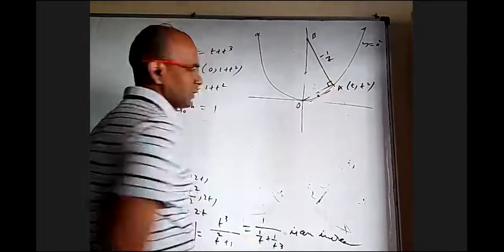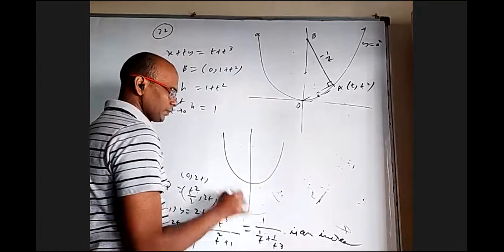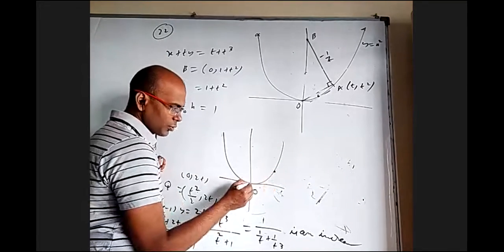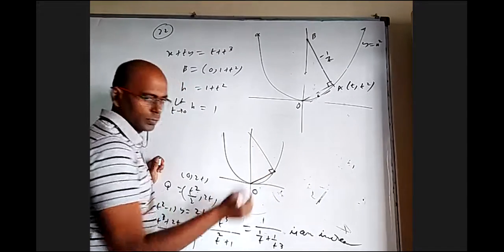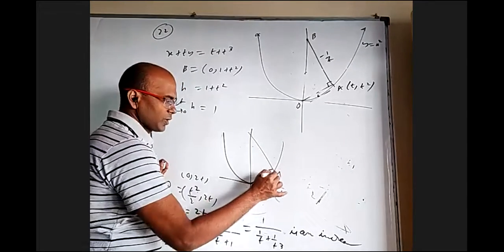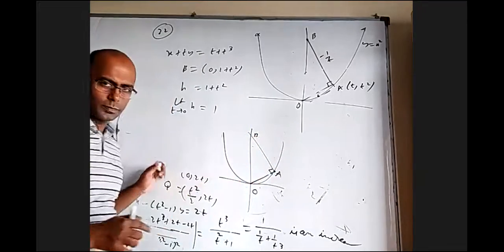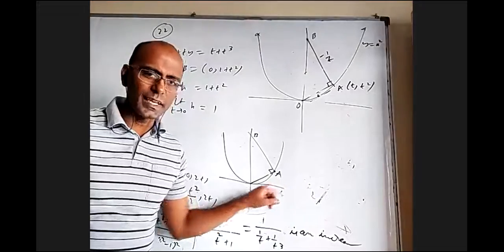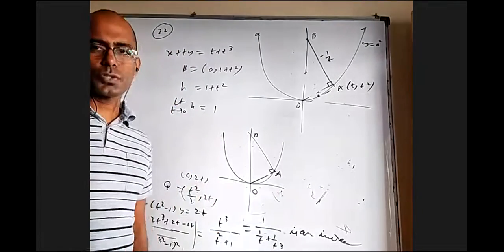Just mentioning. The question is very simple. You take a parabola, origin is fixed. Take any point on the parabola, join it to the origin. Now draw a perpendicular line, such that this is 90 degrees. This point is A, this point is B. As A is moving, B also will move, right? When the x coordinate of A is tending to 0, this OB height is tending to what? That's the question.